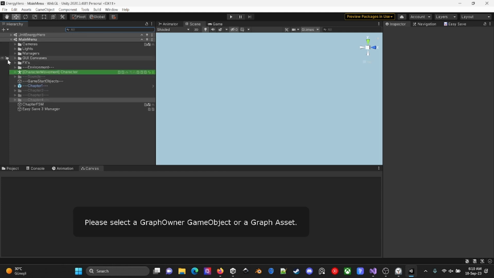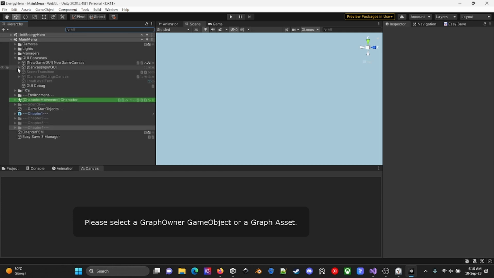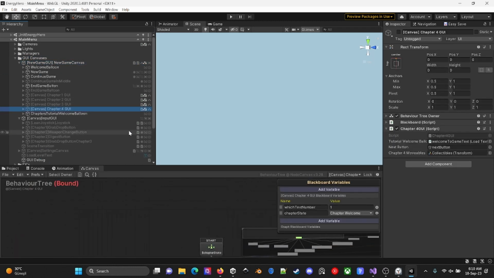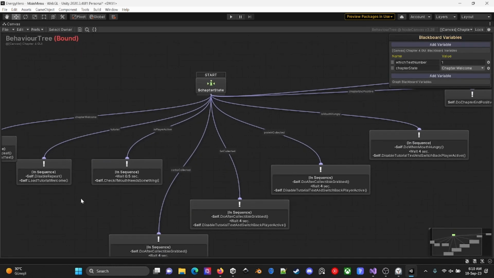This should be around here. Yes, this is my GUI and this is my behavior tree.